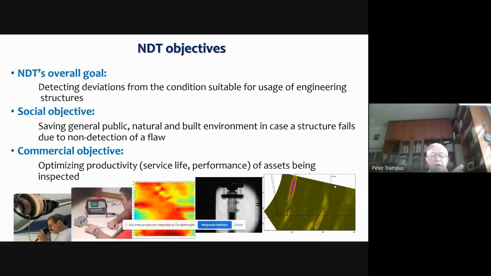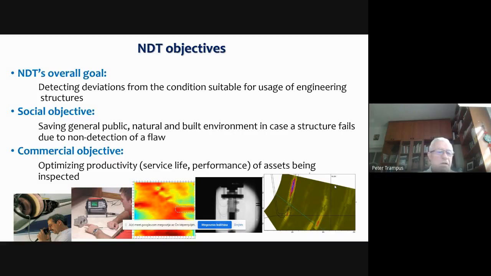If I want to be very simplified and general, I can say that the overall goal is to detect deviations from the condition which is suitable for use. We can also define two different objectives of non-destructive testing.